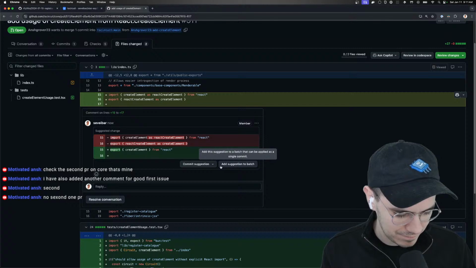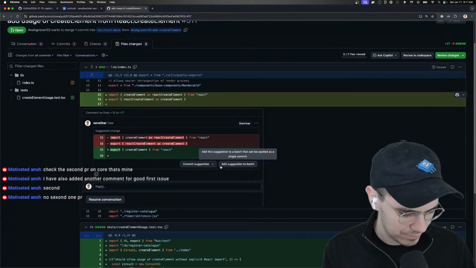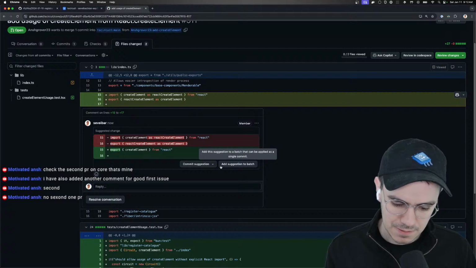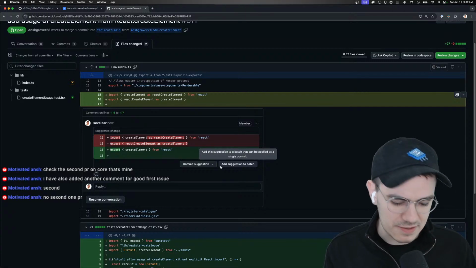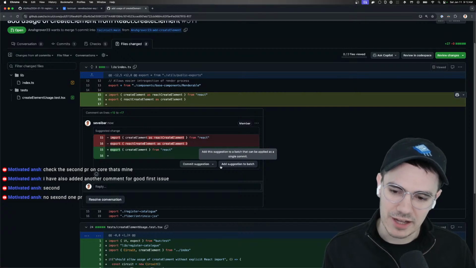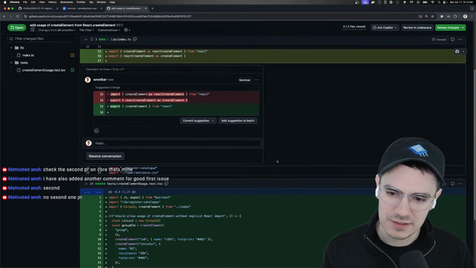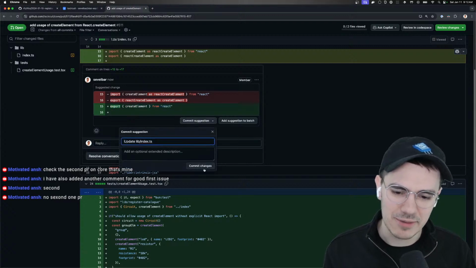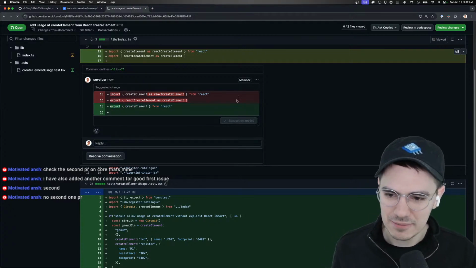Hold on, I'm thinking about this. Because this is gonna make us dependent on React, but I think we already are, so I think it's fine. But anyway, you should check and make sure. I can commit this and we can see if the tests pass, but this syntax is way